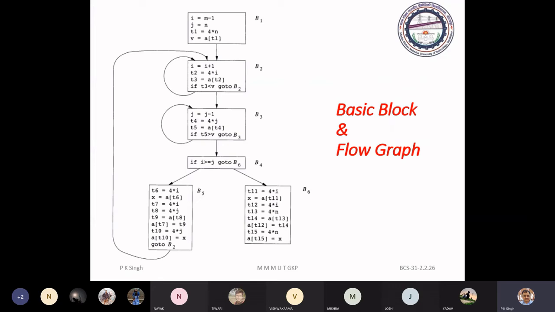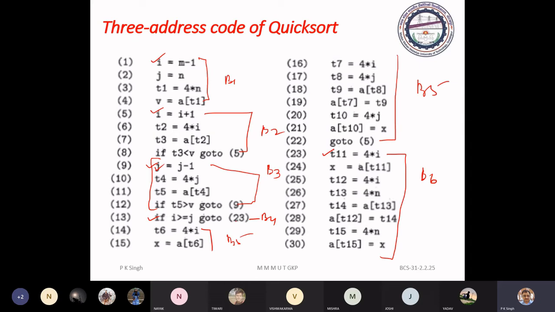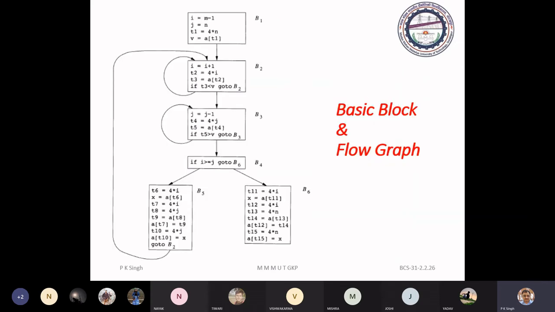This is the flow graph. If you see, this is basic block 5. You start from T6 to go to 5, T6 goes to B2.